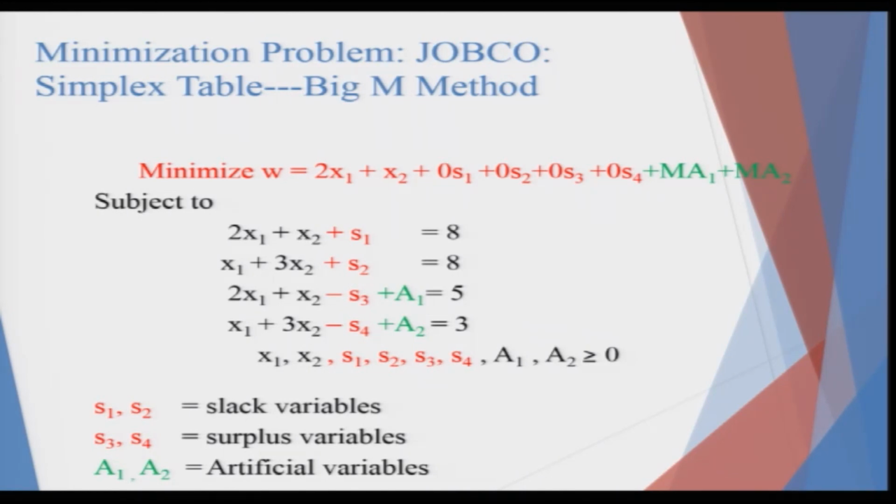So, the basic feasible solution would be a vector consisting of x1, x2, S1, S2, S3, S4, A1, A2. All the combinations which you will have would give you solutions, some would be basic feasible solutions and the rest would be basic infeasible solutions. So, we will take one of the basic feasible solutions and proceed in the same direction: for the maximization problem we consider the most negative, and for the minimization problem we do the 180 degrees opposite, we take the other direction, and then the exiting one would also give you the pivot element.